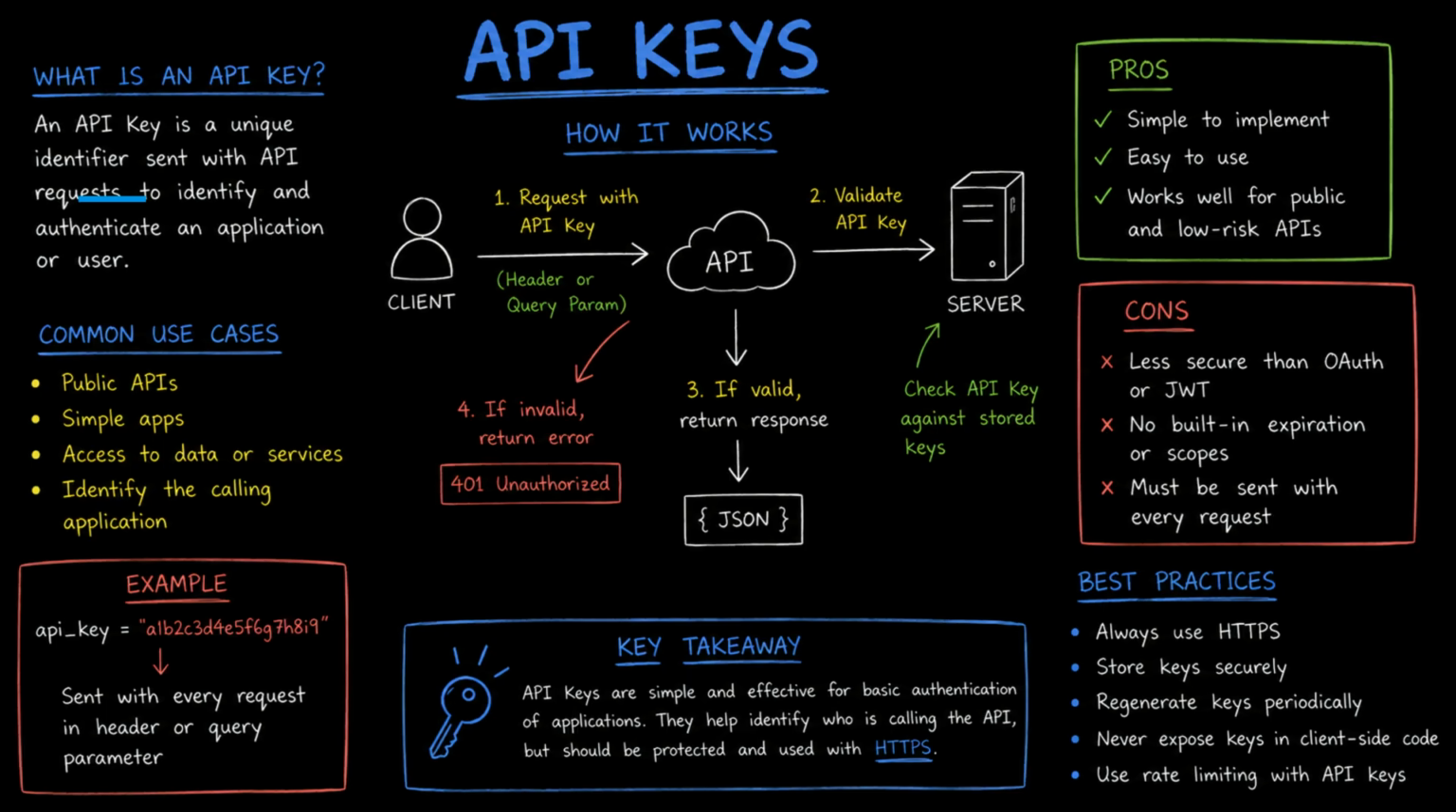This slide explains how API keys authenticate an application making an API request. On the left, the definition and common use cases show that an API key is a unique identifier used by applications to access APIs and services. In the center, the diagram illustrates the workflow. The client sends a request with an API key in the header or query parameter. The server validates the key and returns either a successful JSON response or a 401 unauthorized error if the key